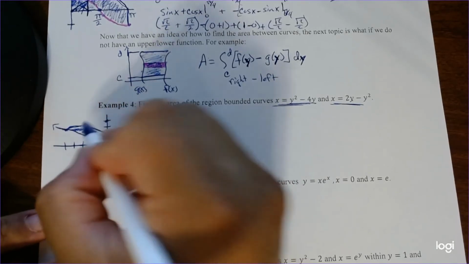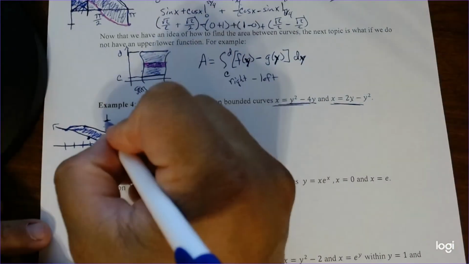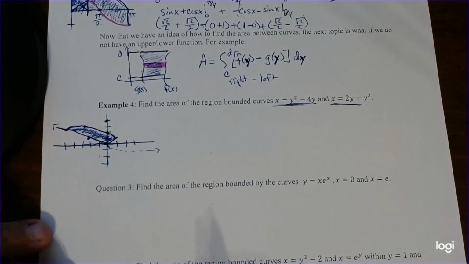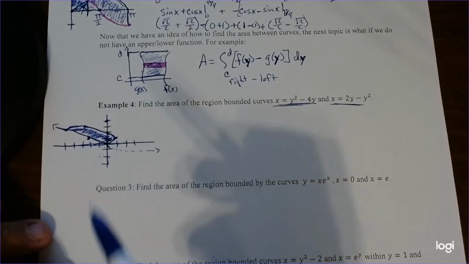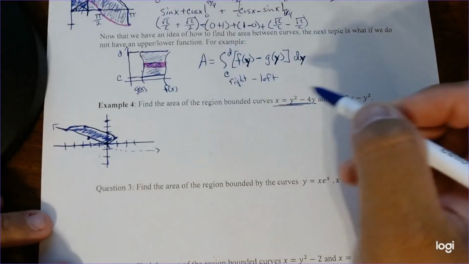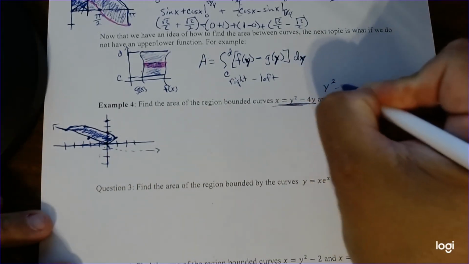Now, if you're wondering what in the world, remember, to solve for which bounds we're going by, just set them equal to each other. We want to figure out those bounds. But you can kind of tell since we already have 2 points aligned, it's probably going to be from 0 to 3. But just in case you're not sure how to find the bounds of integration, just set them equal to each other. So you have y squared minus 4y